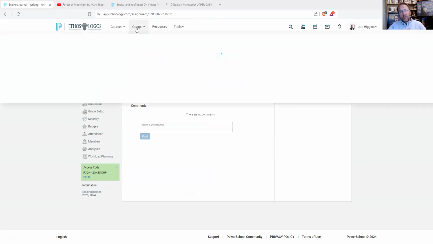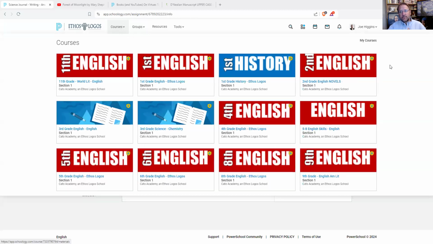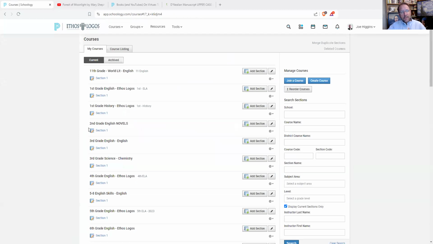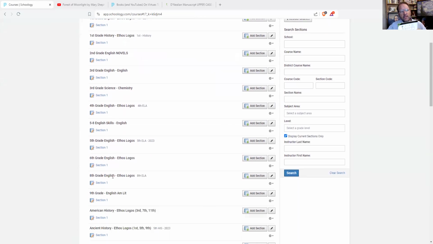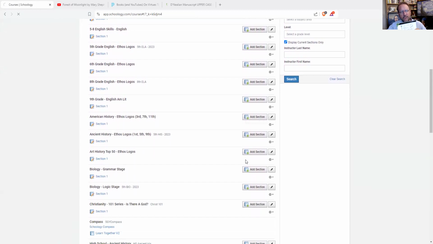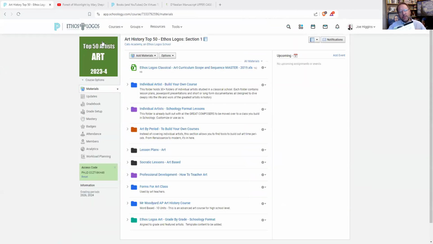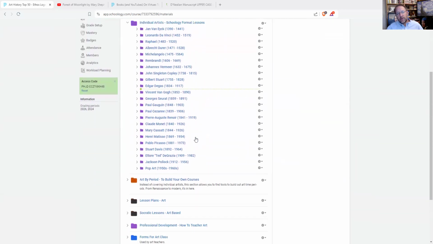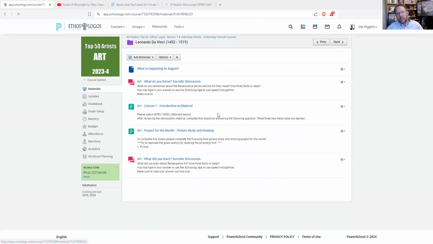So let's jump over now and look at the arts. Same concept. On the curriculum map, we identify what artist and musician we're going to study for that month. Then in the lesson cards, we provide you the top 50 artists. There are 50 of them in here. You can work through each individual artist. Here they all are. So if we're going to do Leonardo da Vinci,